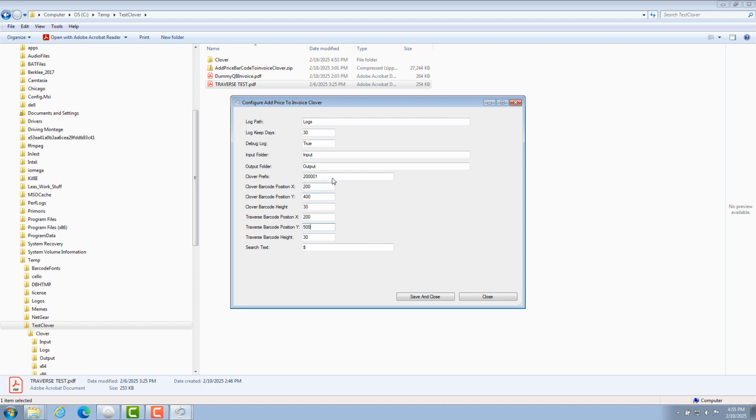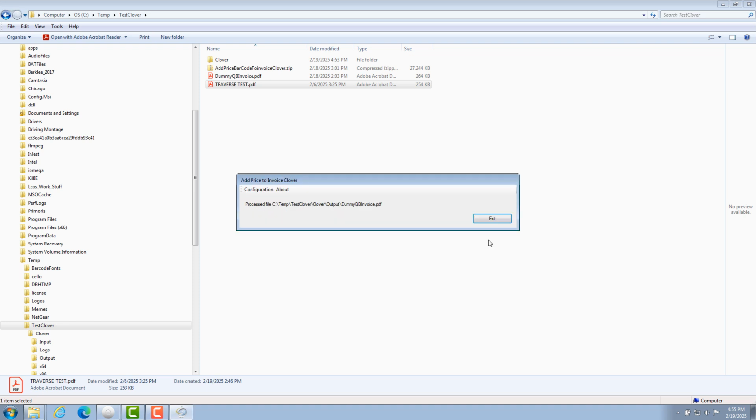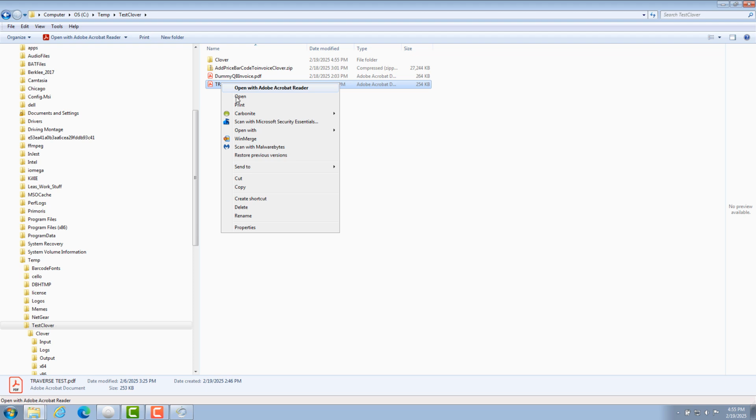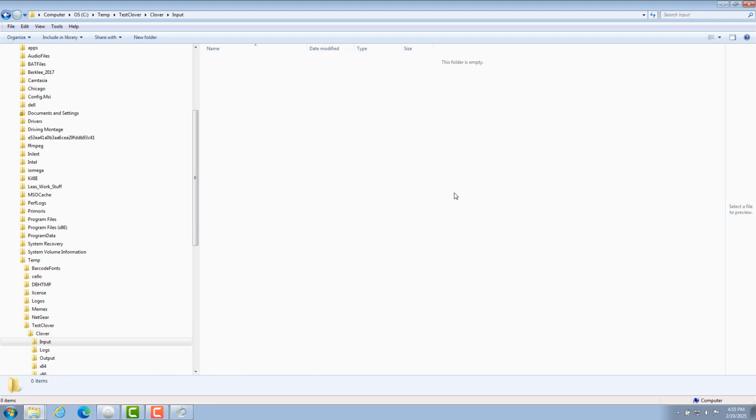And this is the prefix that goes on the Clover barcode, right? It's a UPCA prefix. So it could, for example, be instead of 2 with 4 zeros, it could be 21 with 4 zeros, right? And now if I take this invoice and copy it to the input folder,